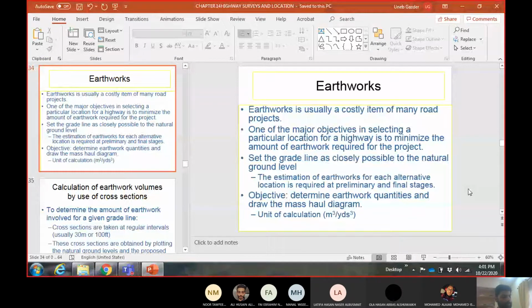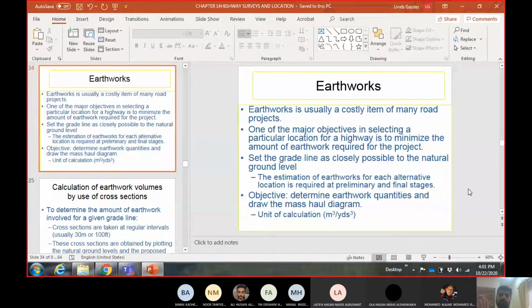So today we are going to continue with chapter 14, and let me remind you what we have done up till now. First of all, we discussed the four-stage process of selection of highway location. Then we had special cases for bridge location, for roads in urban areas, and scenic and recreational routes. And then we looked at the highway surveying methods and we discussed the calculation for photogrammetry as well.